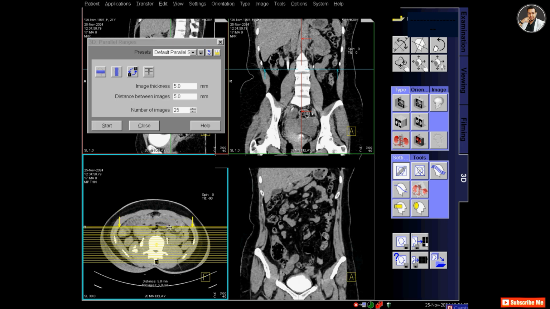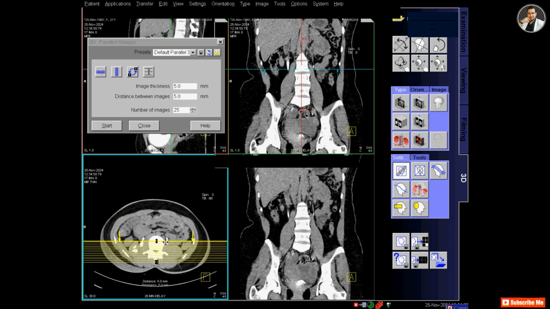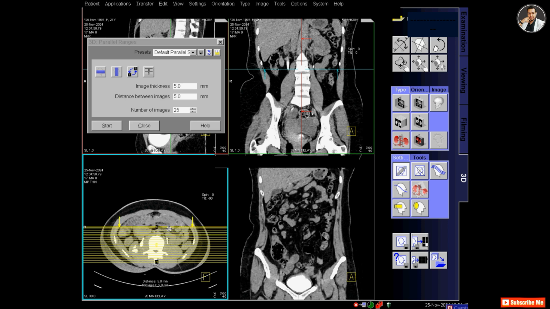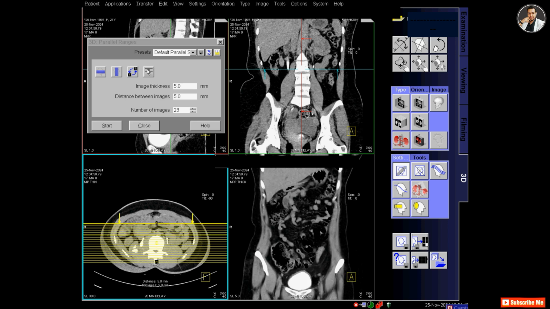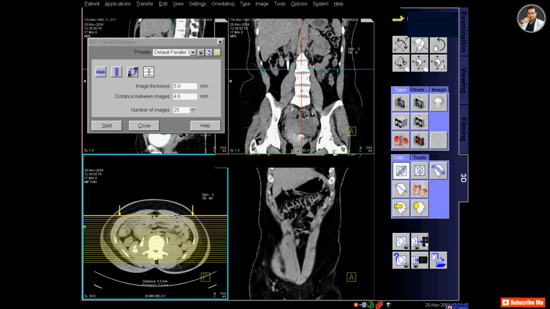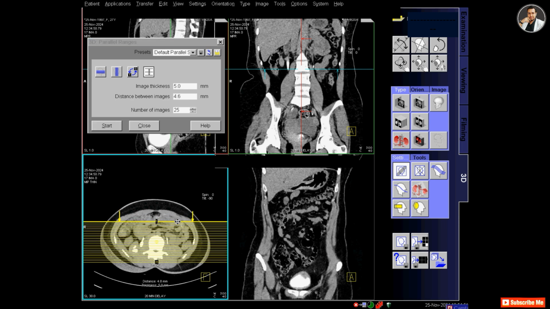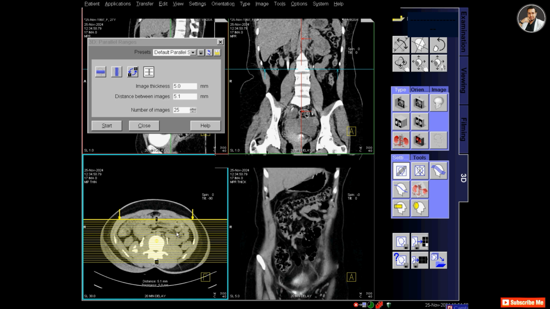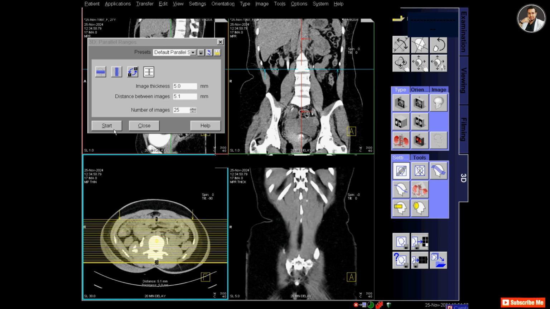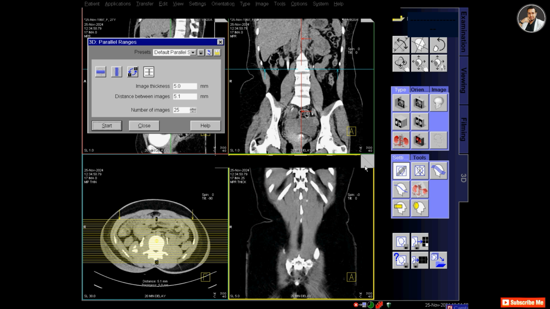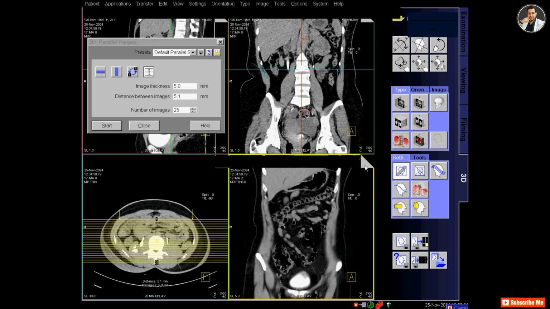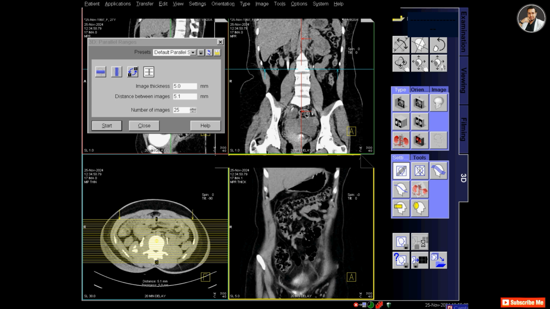And I will change the number of images to 25, and also the image thickness is 5. I'm dragging the slice to cover the ureter and also the bladder in the images, and click start, and the coronal images have been created.